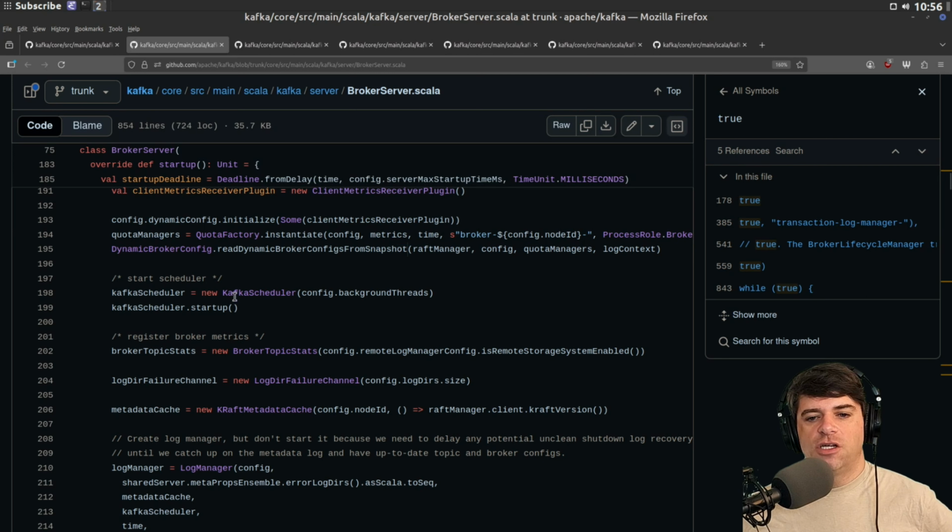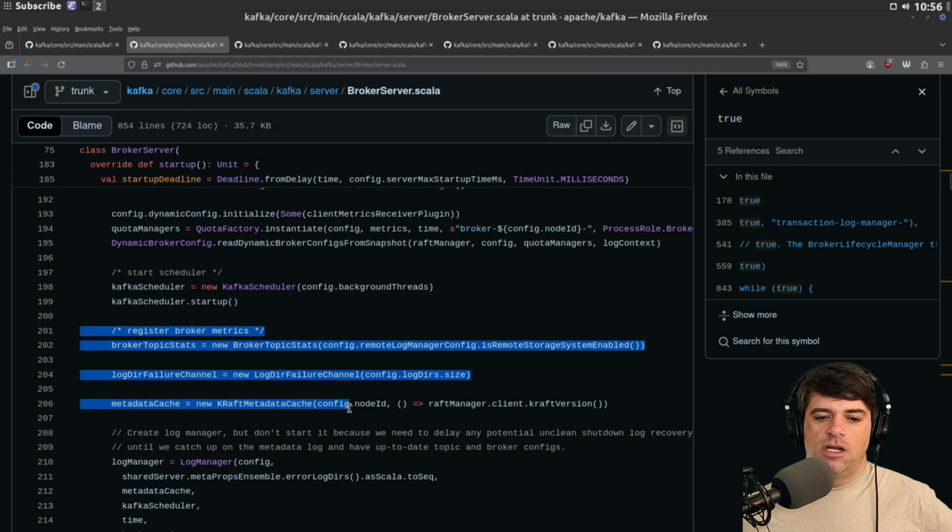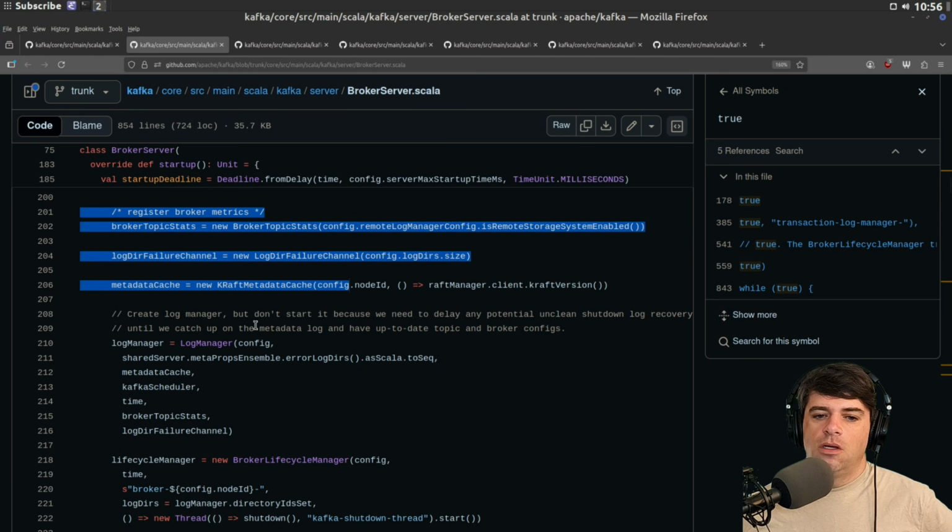And then we've got a Kafka scheduler, which takes some config, maybe background threads is just the number of background threads, and then we're going to call startup on the scheduler and get some statistics, set up the metadata cache, create a log manager, but don't start it because we need to delay any potential unclean shutdown log recovery until we catch up on the metadata log and have up-to-date topic and broker configs. So we're going to start the log manager.